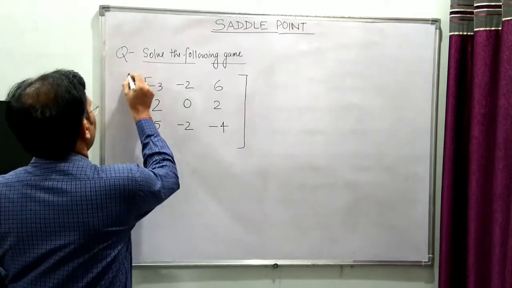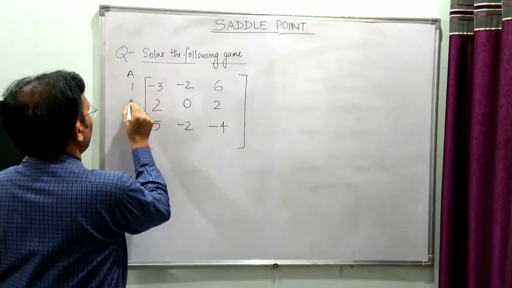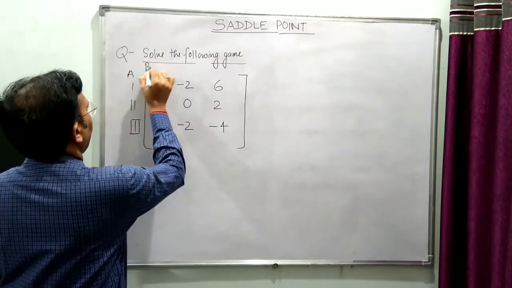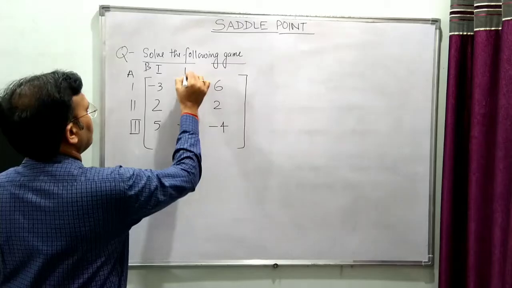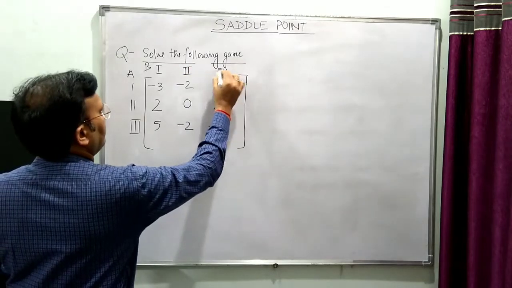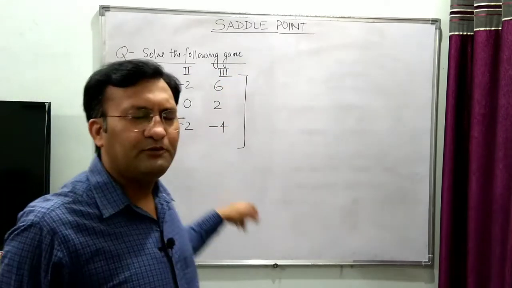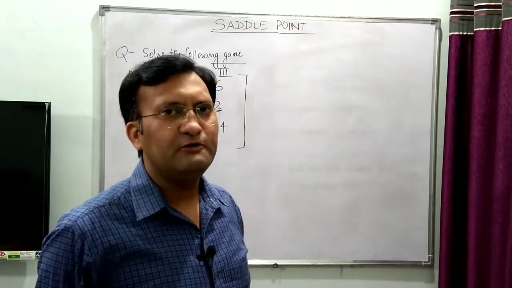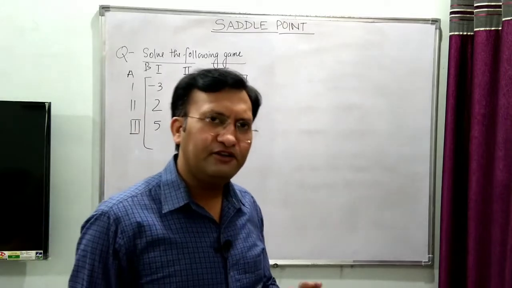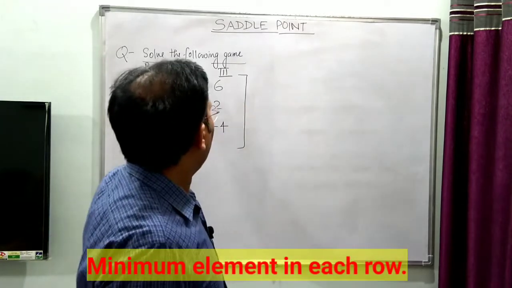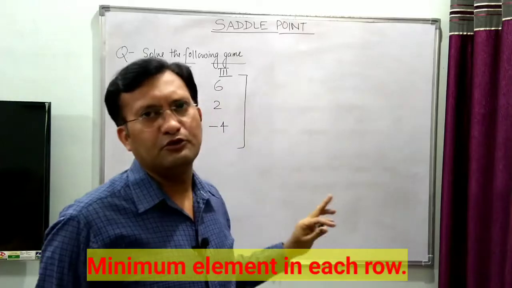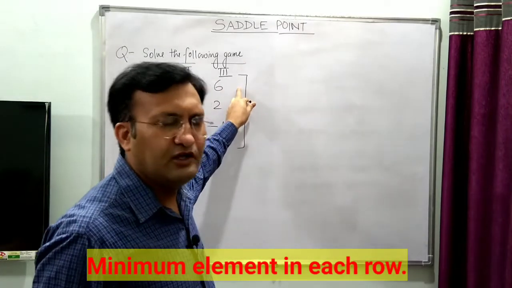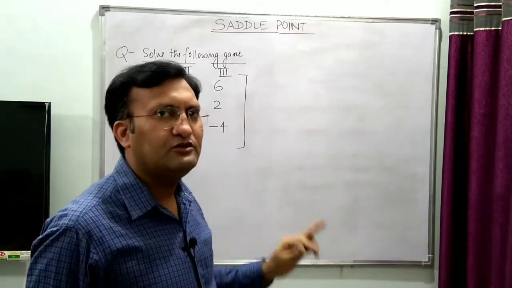So here A has got 3 strategies and B has got 3 strategies, right? So now we have to calculate saddle point for this game, right? So what we will be doing, first of all, we need to identify the minimum element of each row, right? The minimum element of each row, always remember, first of all, in row we have to find out the minimum